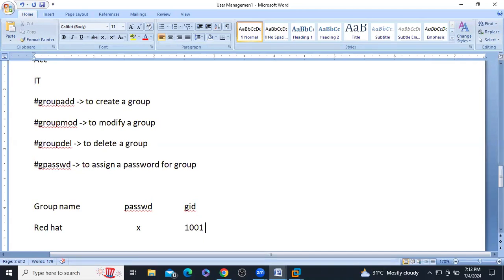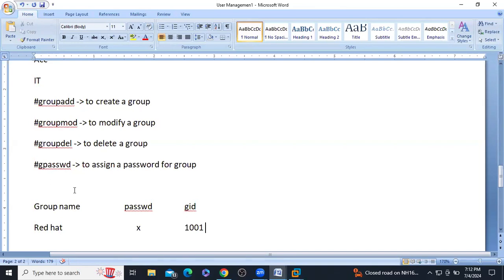So what we discussed: when you create a user account, automatically a group also gets created, right? That group also has a group ID. So student group will have student user ID 1000, group ID also 1000. That's why if you create a new group, the sequence order is 1001. Maybe if we have a few more users, you may get a different group ID. So I hope you got it, guys, right?